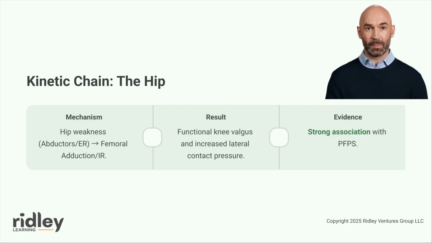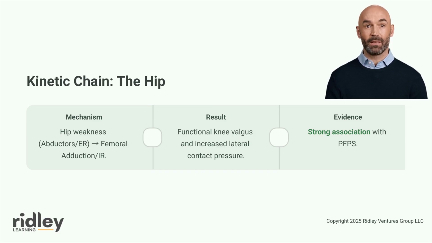The hip musculature plays a critical role in controlling femoral position during weight-bearing activities. Weakness or delayed activation of the hip abductors and external rotators permits excessive femoral adduction and internal rotation, which translates to functional knee valgus and increased lateral patellofemoral contact pressure. This proximal mechanism has received substantial research attention and represents one of the most consistently identified biomechanical factors in patellofemoral